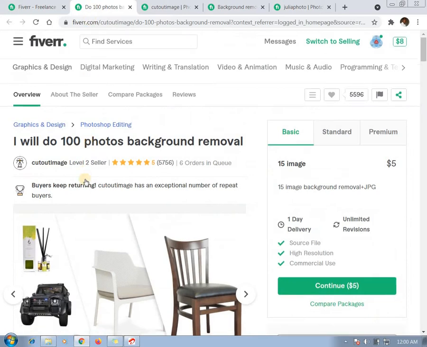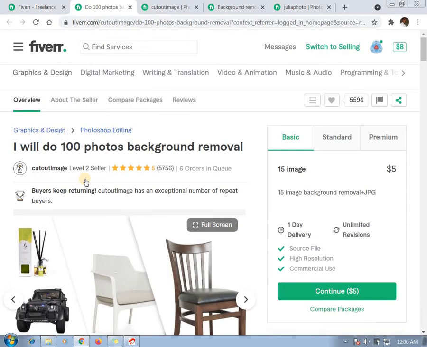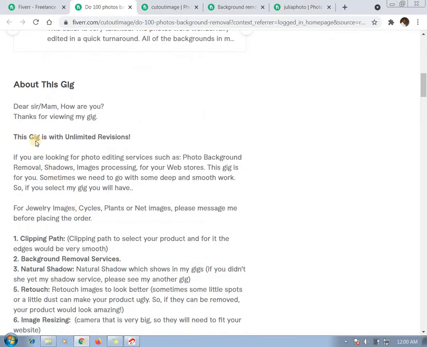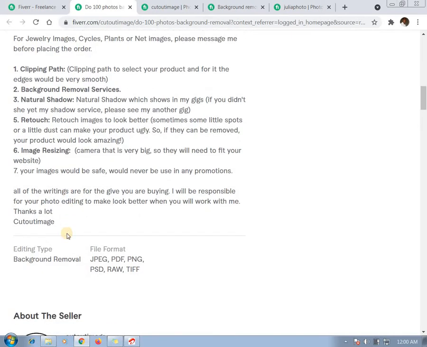So in this case, I'll go through this person's gig now. I already explained what a gig is. Now you see how he wrote his own profile. You see what he wrote about the gig. You can see the information here. So once you go through it, you get the idea. Just write your own the same way. Just copy here and edit. That's normal. You can see how you do everything.